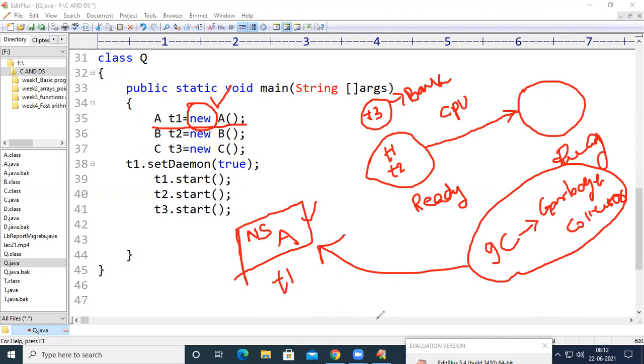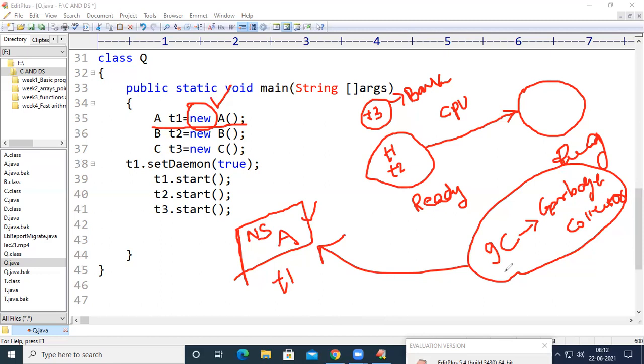So when will this garbage collector be scheduled? There is no particular point of scheduling this garbage collector, because the garbage collector is a thread which runs in the background. And when we say a background thread, that thread will be executed whenever the CPU is idle. When the CPU is busy performing a task, these background threads will do nothing. Whenever the CPU is idle, it is going to execute the background threads. So the best example of a background thread is the garbage collector.